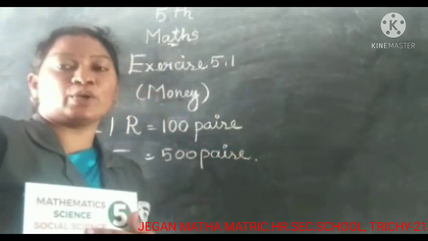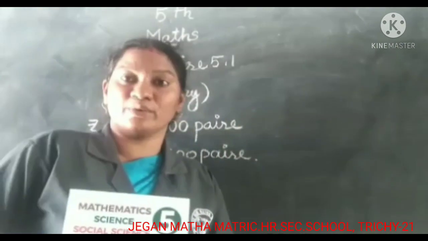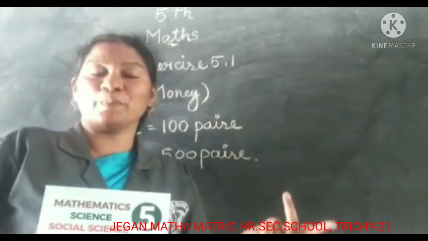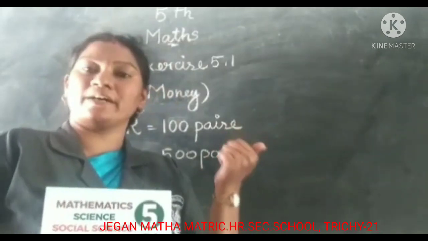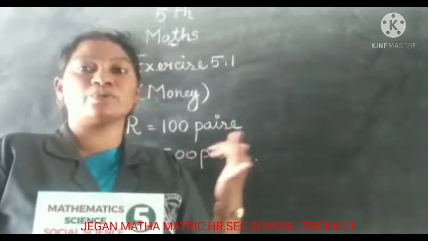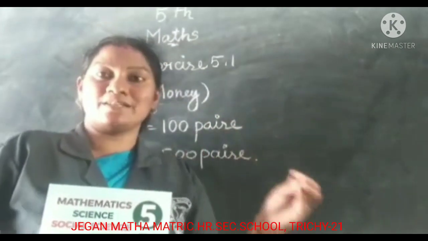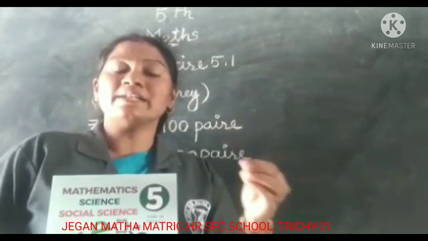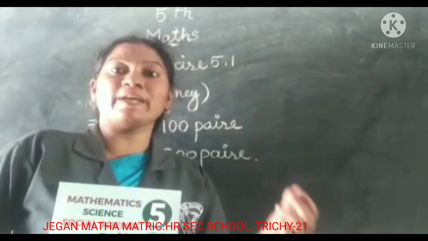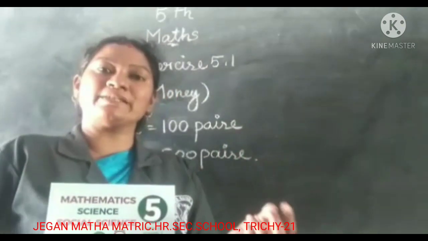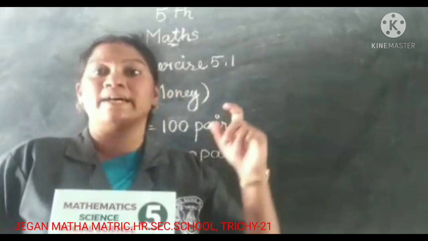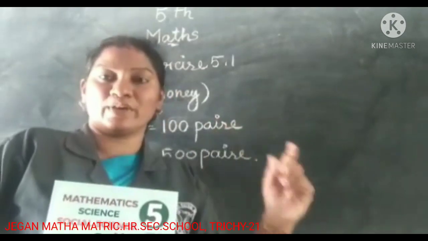Nowadays we are using some varieties of currency, which you know very well. The first are 10 rupees, 20 rupees, 50 rupees and 100 rupees, then 500 rupees, 200 rupees and 2000 rupees. These are the currency notes we use nowadays, and some coins also: 1 rupee, 2 rupees, 5 rupees and some 10 rupee coins. So coins and currency notes are the two varieties we are using.